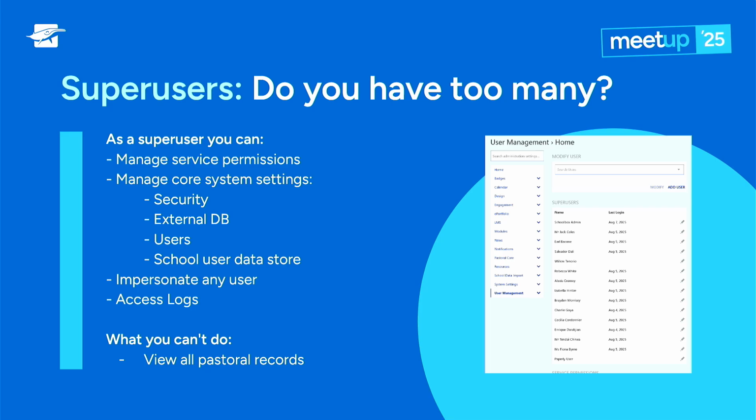So this was one of the conversations we had leading into 24.1, was going, all right, how do we segregate and break down what's taking place? One of the old excuses of why everyone needs to be a super user is they need to be able to impersonate everyone. Or they need to be able to go and access all of the folders. Or no, they need to see every news item.